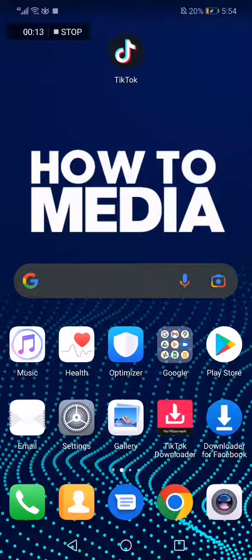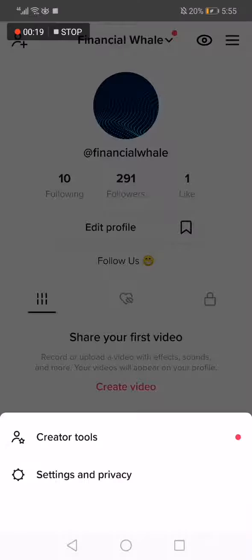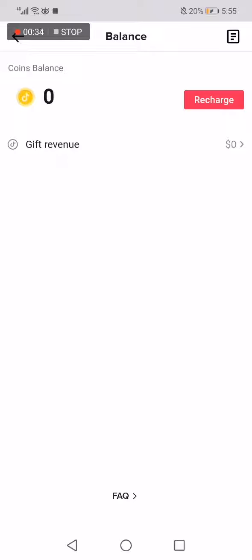First thing we do, we go to TikTok and then go to the top corner right here, click on settings, and after that you will have many options here, but you have to choose the balance option right here. Wait a few seconds and it will take you to this page, but now make sure to click here in